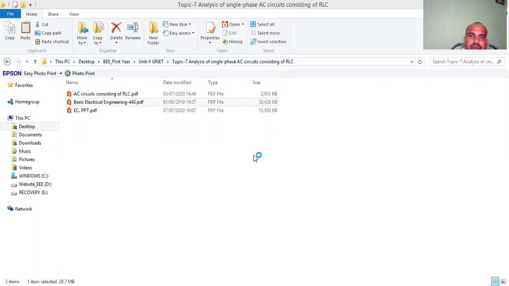Power consumed in Z1 equal to P equal to I1 square into R1, 16 square into 5, total 1280. Power consumed in Z2 equal to total power minus Z1 power. P2 equal to 5000 minus 1280, 3720. So P2 equal to V into I2 into cos phi2. So I2 equal to P2 by V cos phi2, I2 equal to 3720 by 223.6 into 0.8. So I2 value is 20.79.